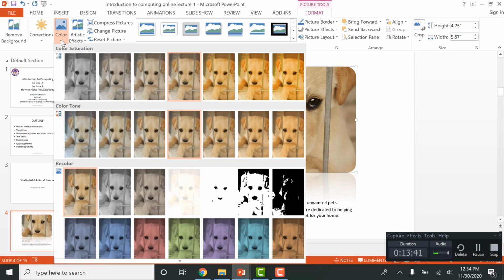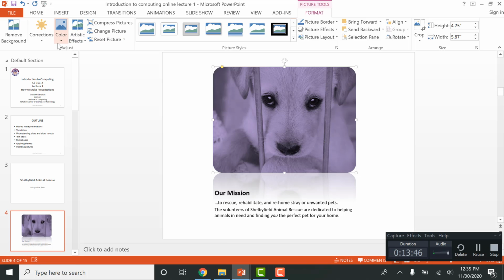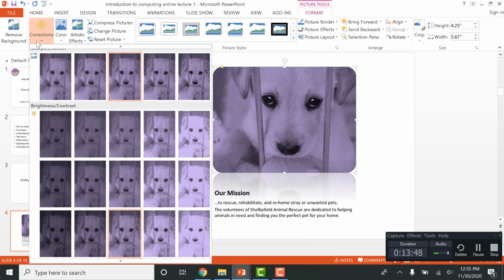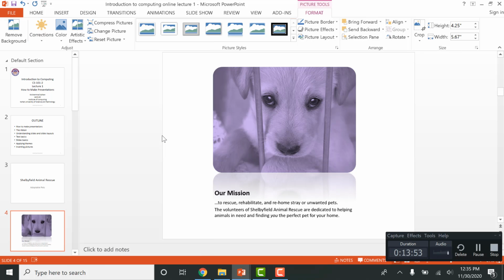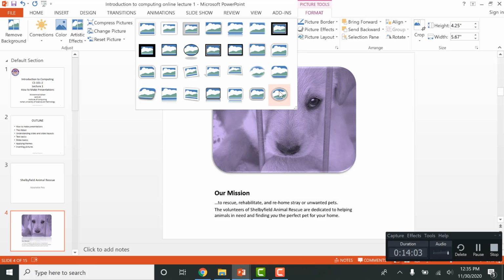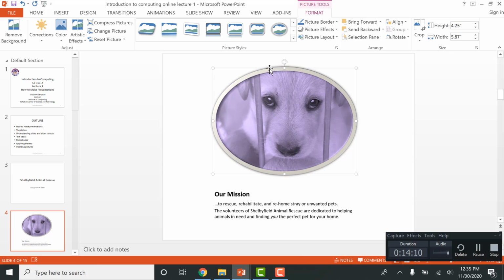Color picture, like if you want this style. I mean, this is related with the brightness of the picture, the color of the picture, and so there are lots of options that you can use. I'm going to use this option, and then everything looks okay. We can now move ahead,